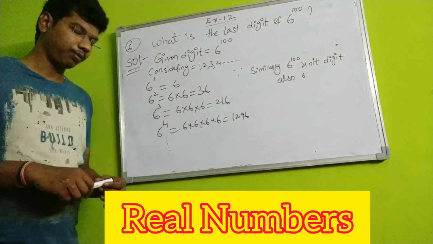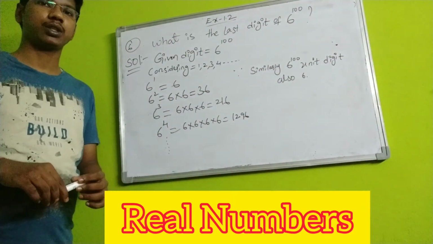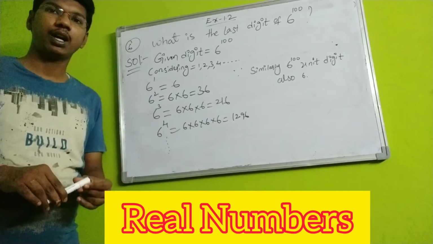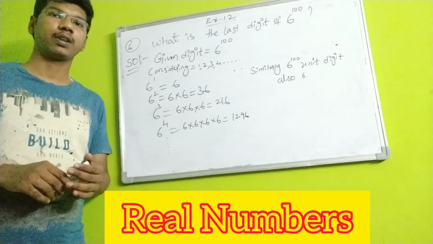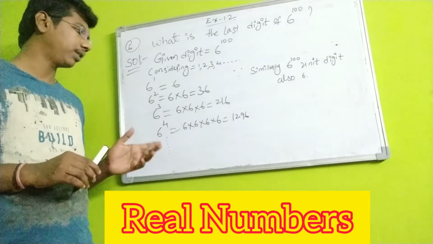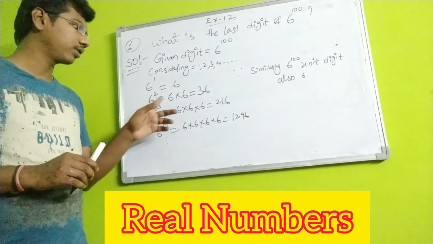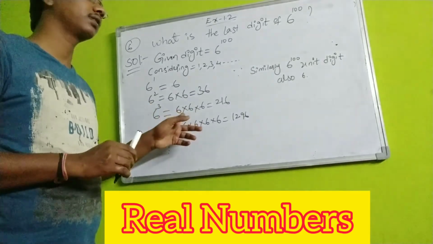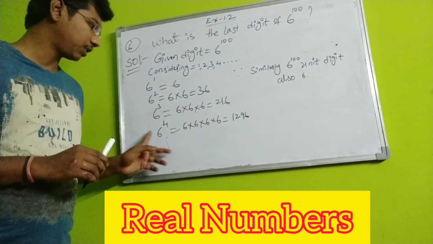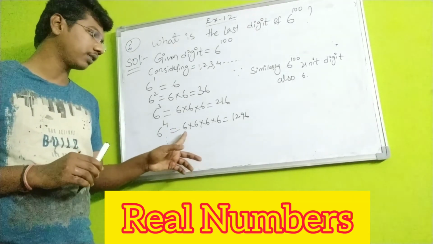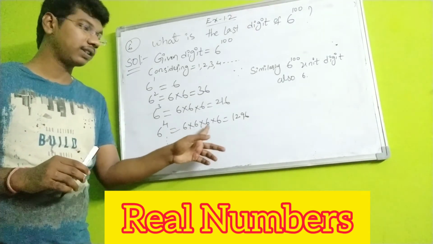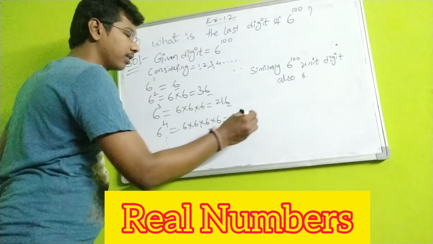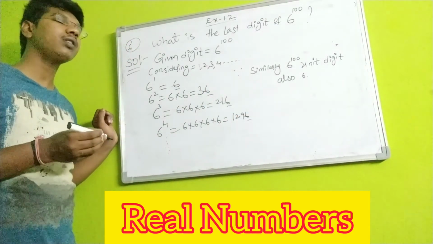Okay, students, simple. Question number 6 is a 1 mark question. The given number is 6 power 100. We can't find 6 power 100 directly, students, because 100 times multiplication is not possible. Now check the first 3 or 4 powers. 6 power 1 is equal to 6. 6 power 2 is 6 × 6, that is 36. 6 power 3 is 6 × 6 × 6, 36 × 6 is 216. 6 power 4 is 216 × 6, which is 1296. You can observe clearly that the unit digit is 6. Similarly, 6 power 100 also has unit digit 6, students.